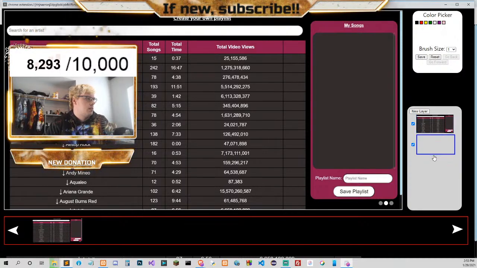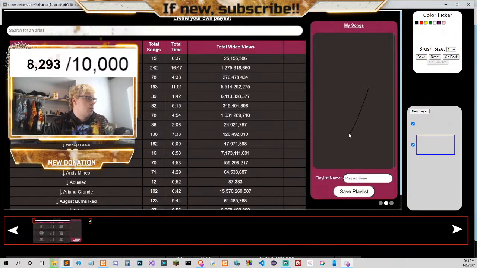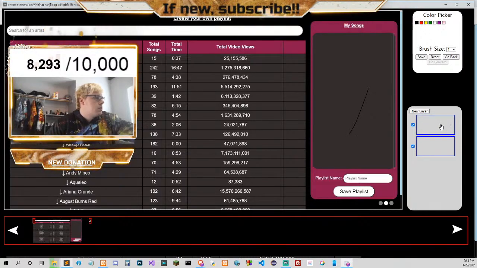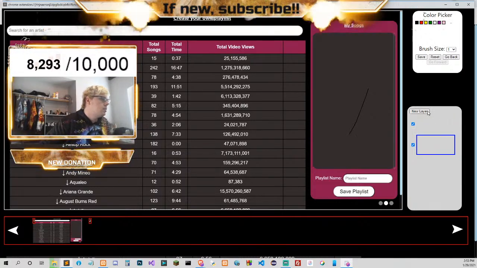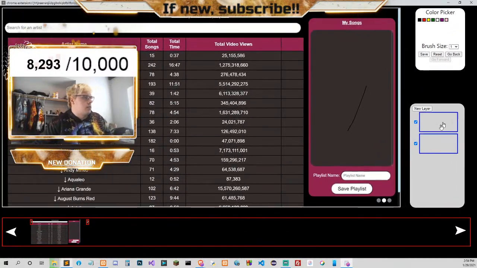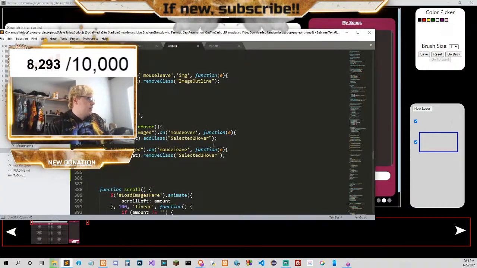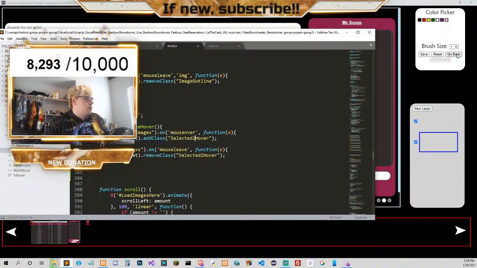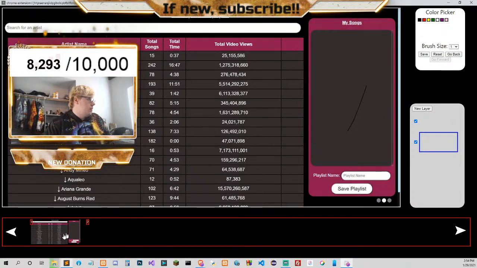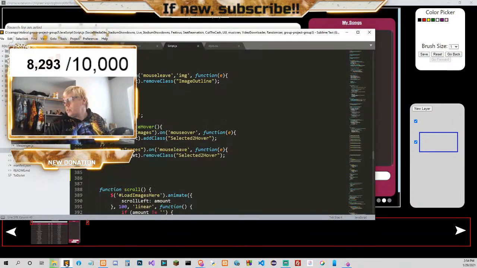I click this, I click that. I draw, and it draws on, is that my screen? I think my screen. Yeah, that's my screen. Okay, it draws on this, but it doesn't draw on the selected layer, which is the issue that we're having here.